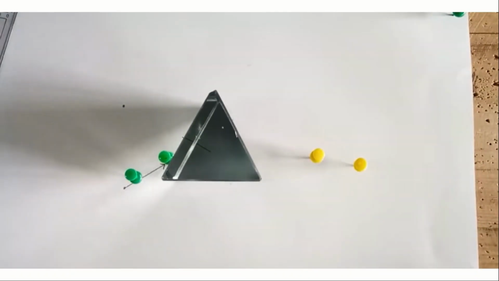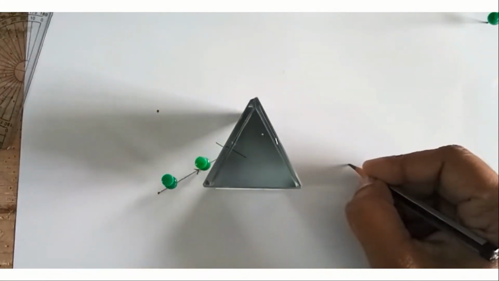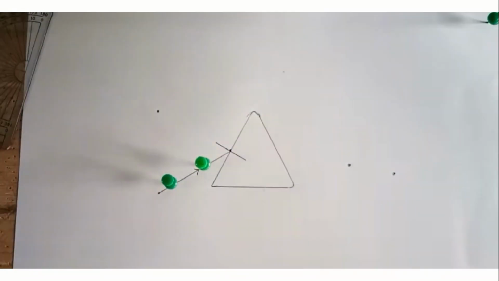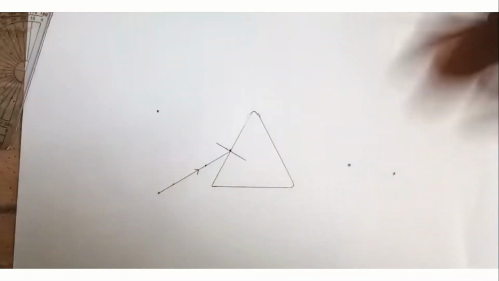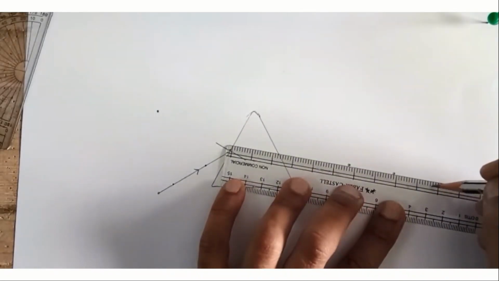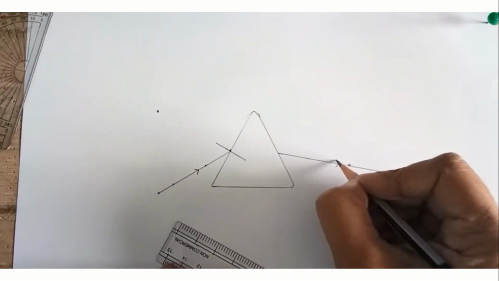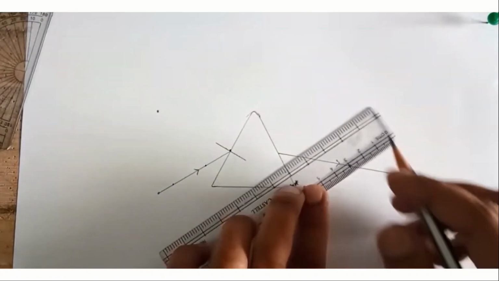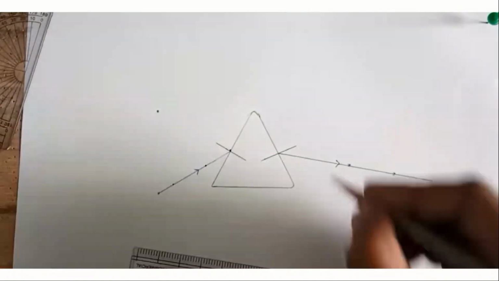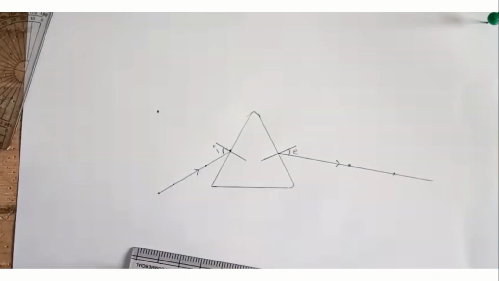After removing the yellow pins, first we have to point out the emergence. Point those two pinpoints so that we can draw the angle of emergence with a straight line. It should be in alignment with the two pins. So this line is the angle of emergence, and this line is the normal. Angle of emergence and angle of incidence both have a normal. So this is angle of emergence E and this is angle of incidence I.